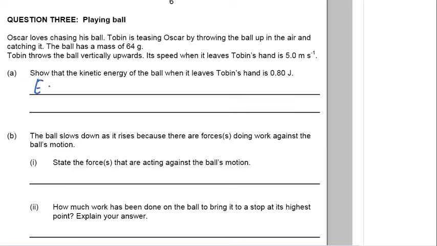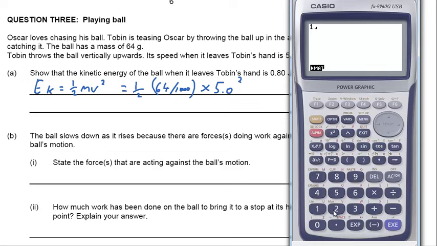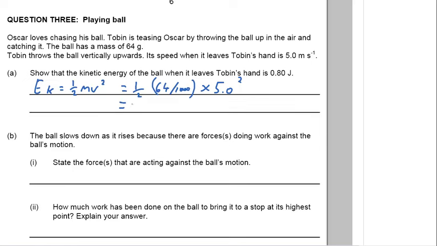So we have the formula, kinetic energy equals a half mass times velocity squared. We know that the mass is 64 divided by 1,000, because we're going to turn 64 grams into kilograms, so I have to divide it by 1,000, and I'm going to times that by the speed, which is 5.0 squared. So if I grab out my calculator, I'm going to go a half, times, using brackets, 64 divided by 1,000, and times that by 5 squared, and that's going to give me 0.8, which is what they're looking for, which is great. So that equals 0.80